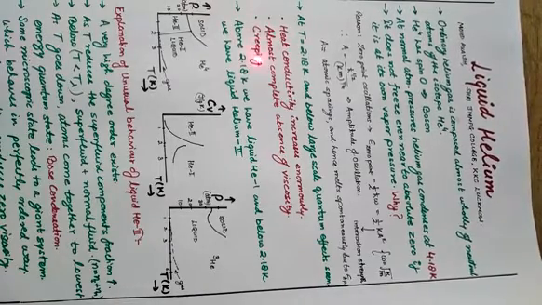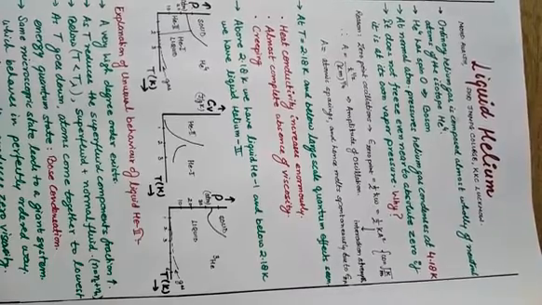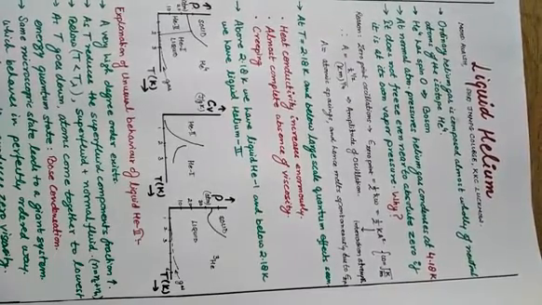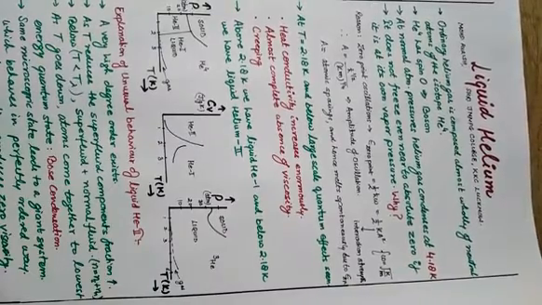And the third property is creeping. Creeping is that, first of all, helium 2 atoms adsorb on the walls of the cold container, and then the rest of the helium 2 atoms creep through a thin film formed over these adsorbed helium 2 atoms. This is the phenomenon of creeping.